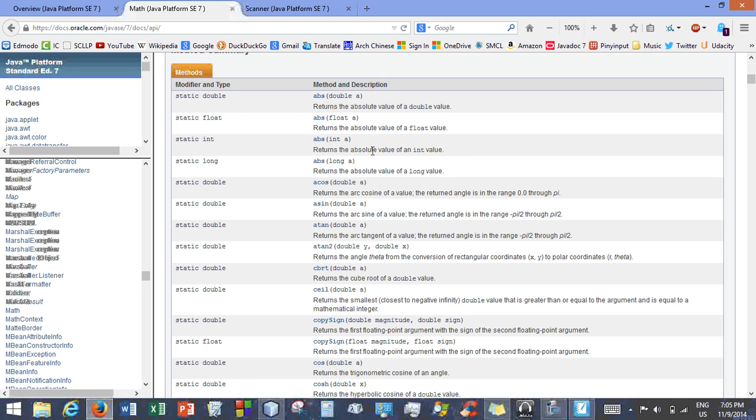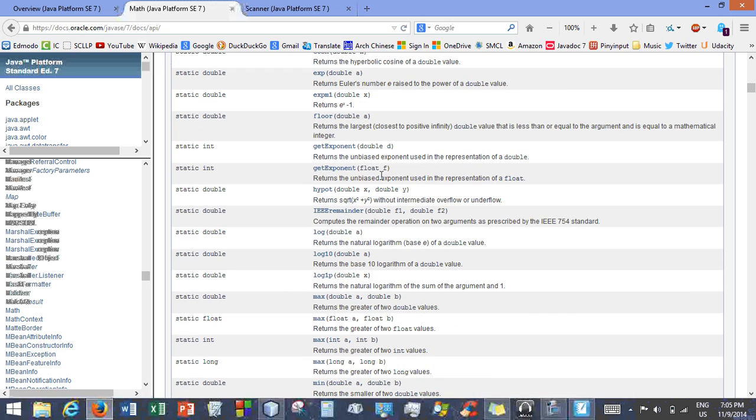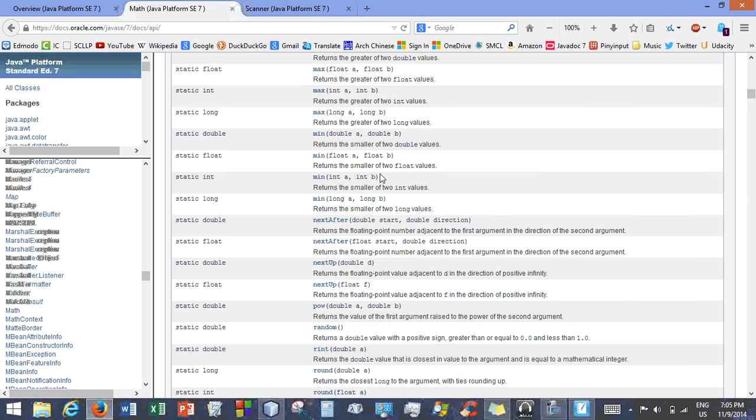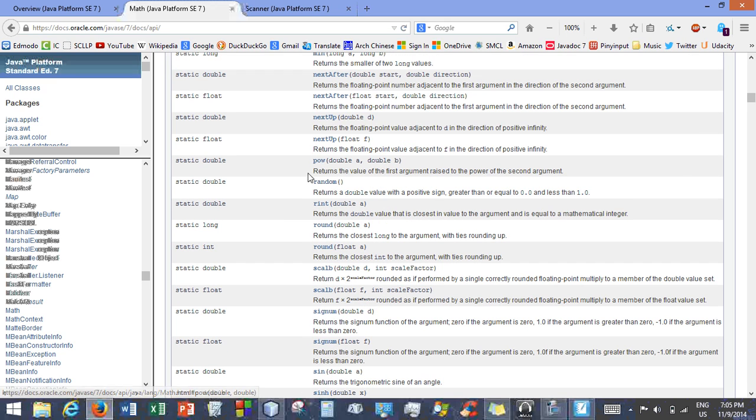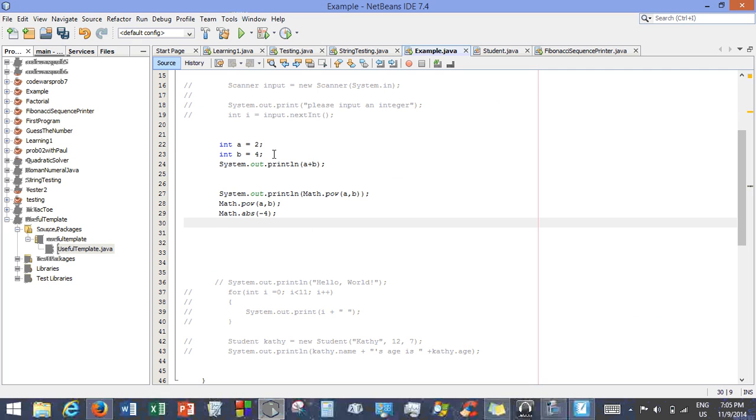Let's go down to pow. This should also be alphabetical. Pow returns the value of the first argument raised to the power of the second argument. So what's the first argument? It's going to be a. Second argument is going to be b. Now, that corresponds to our a and b, but I could have called this x and y, and it would have been exactly the same. So the idea is it returns the first argument raised to the power of the second argument,